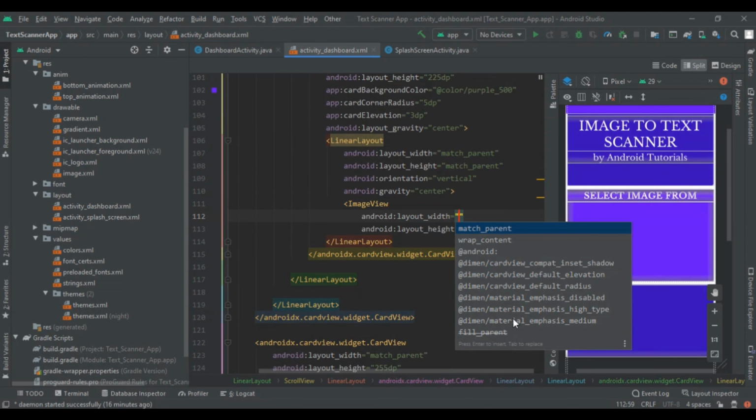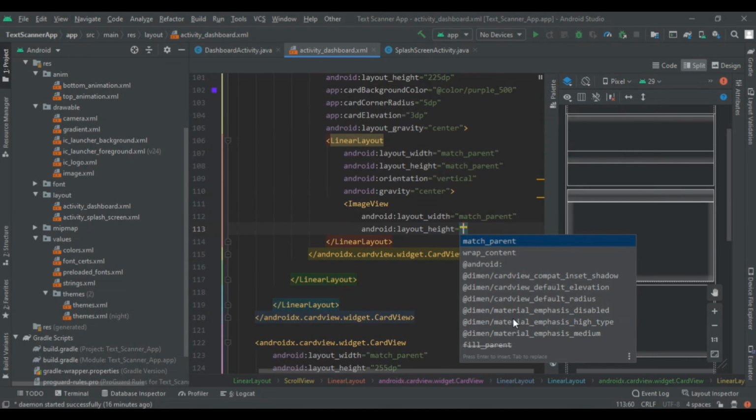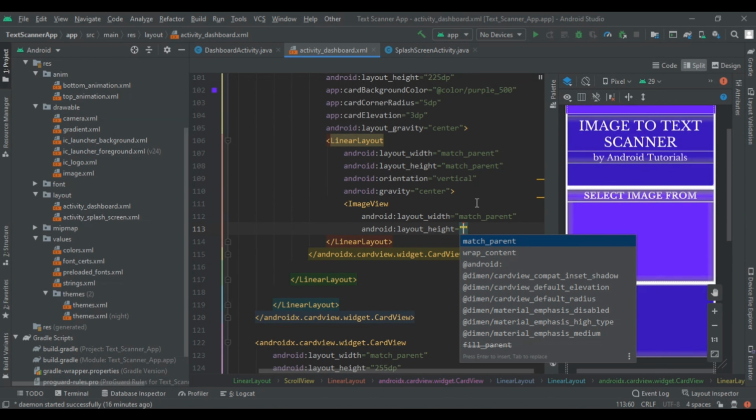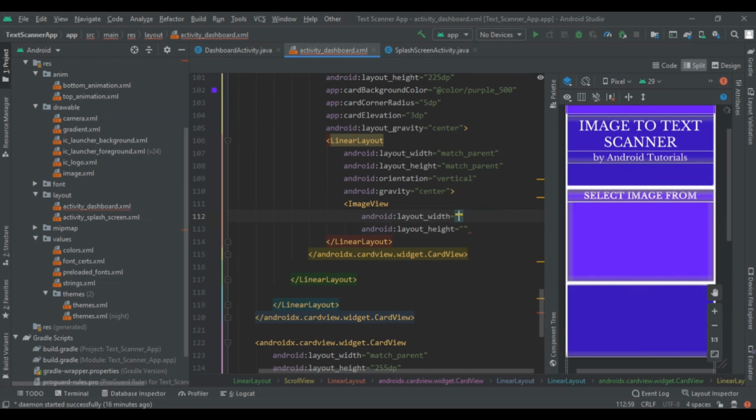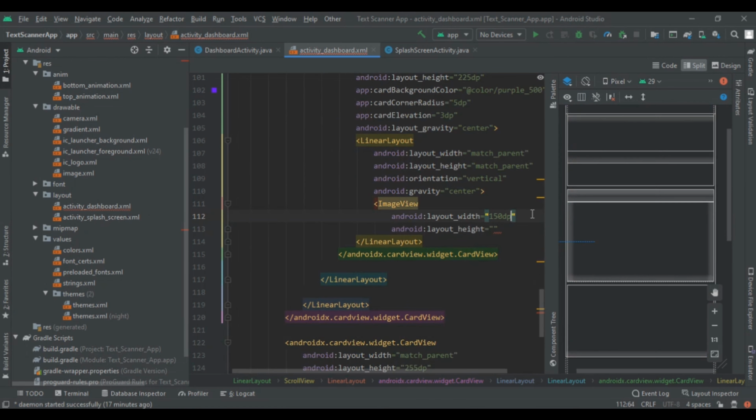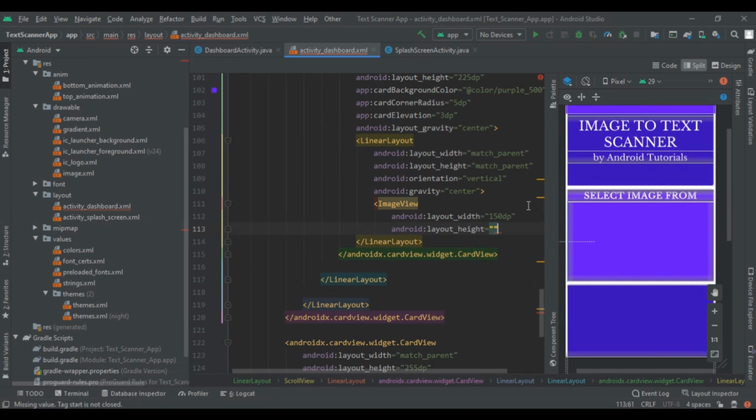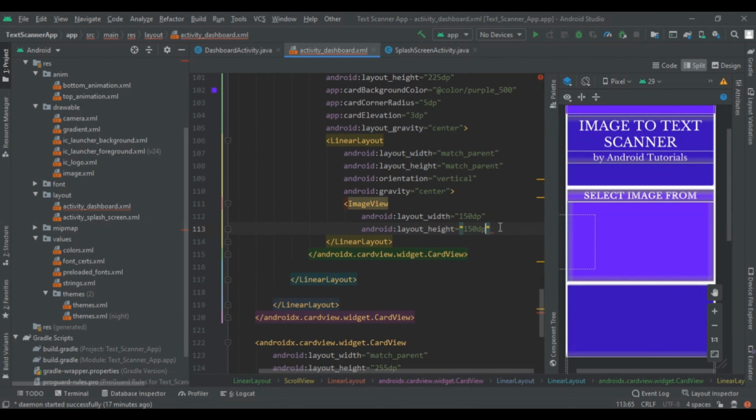So width will be match parent, not match parent, but let's assign some height. So I am using 250 dp, and height also 150 dp. Then assign source.